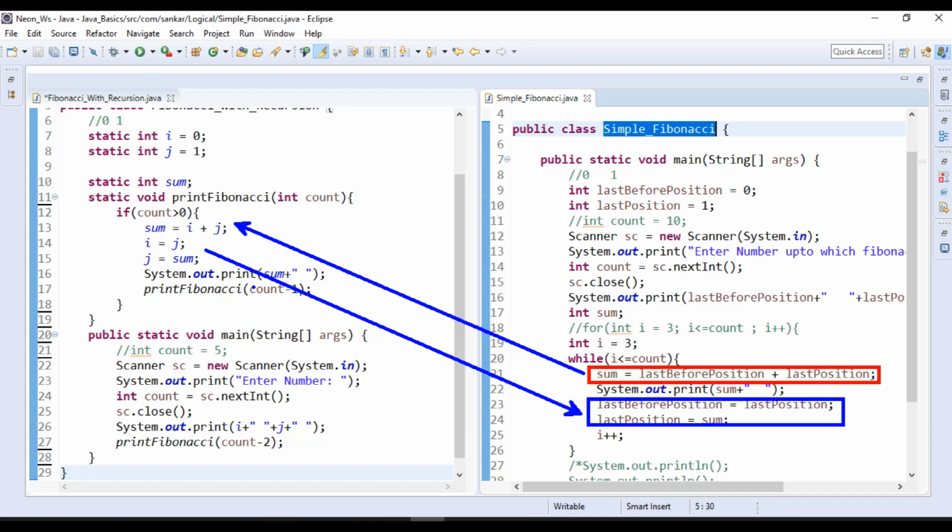If anyone has not watched my previous video, go and check it out there. There I explained clearly about the Fibonacci series. And one more thing, here we need to decrease that value. We already printed 2 here, so count minus 2 here. Only then, for example, if 10 is given we get 10 results, otherwise we would get 12, and a mismatch will happen. Okay, this point also you need to remember.